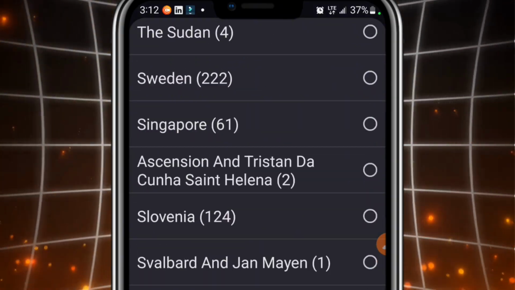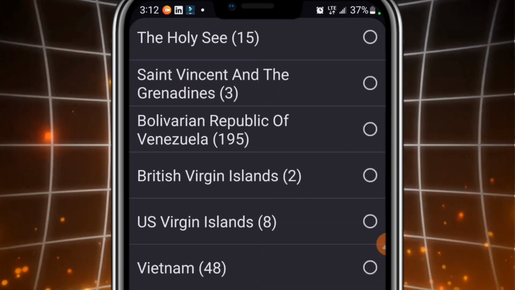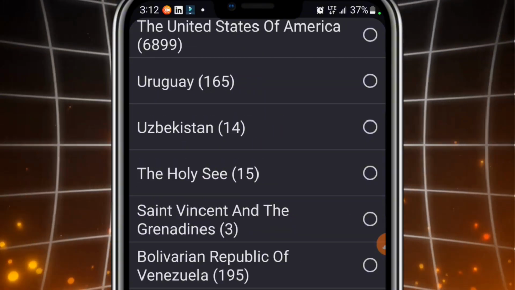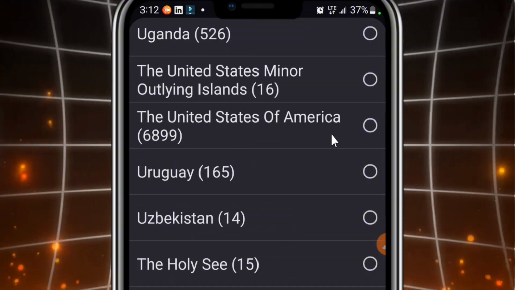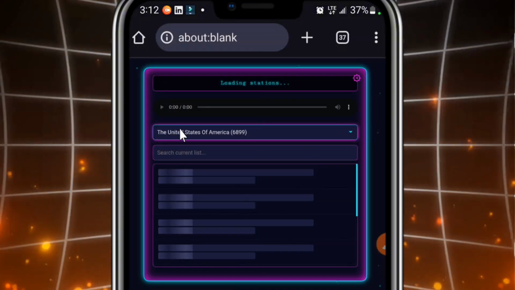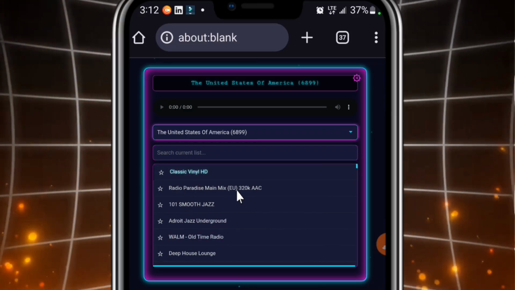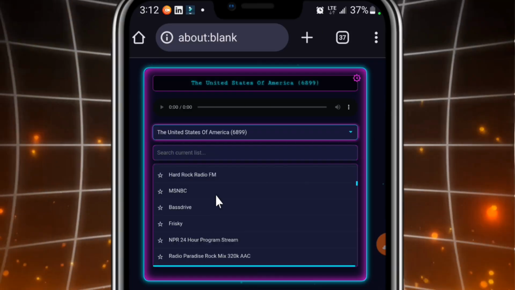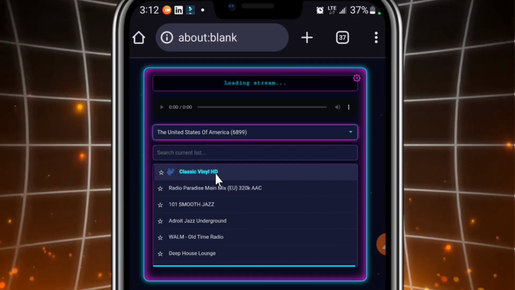Let's say we want to listen to radio stations from United States or United Kingdom, any of them. Let's go up a little bit. This is United States of America. Just click on this, and this is actually going to refresh. You can see right here, these are stations from United States. Okay, so if I click on this right now,